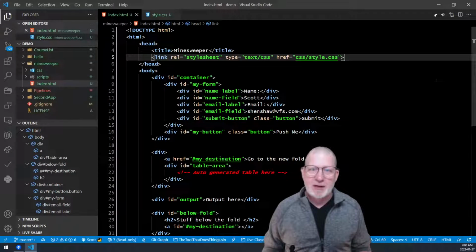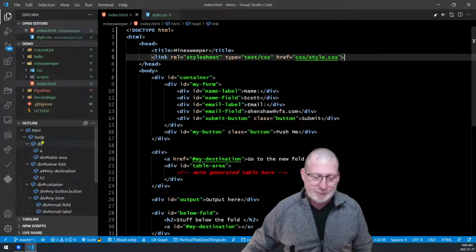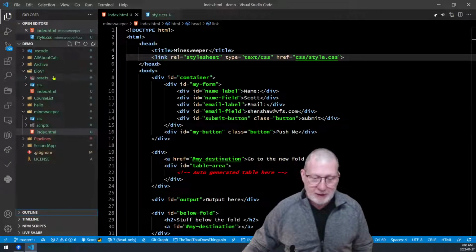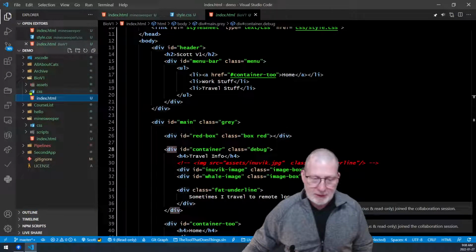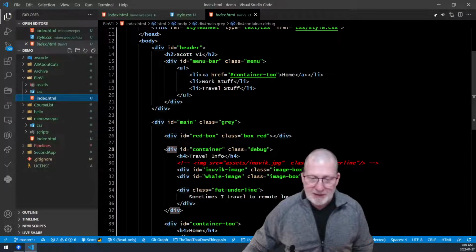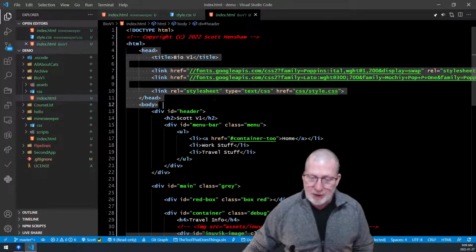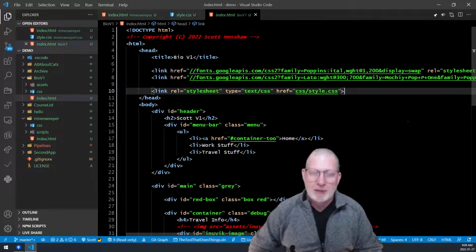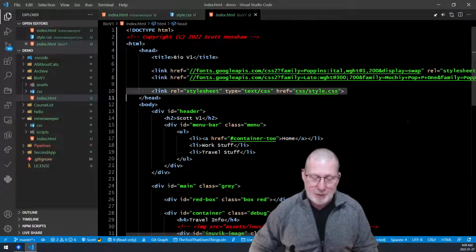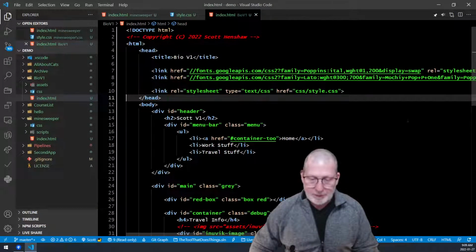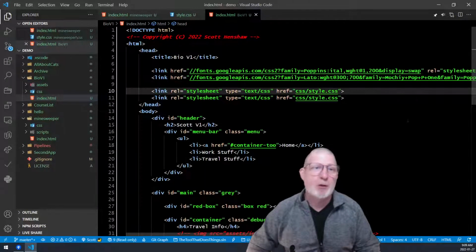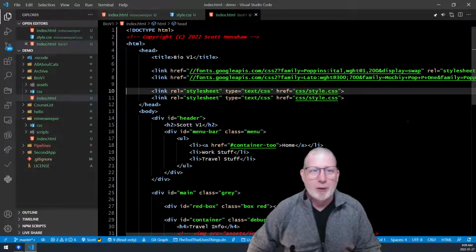The way I'm going to carve this out is the first thing I'm going to do is take a look in my bio, which is this file right here. And I've got my assets, my CSS file, and I've got my head section. And this is where I'm loading my Google fonts. I'm going to take my style sheet and make a copy of it. I've got 2 of them there. Now it's going to load the same style sheet when it does that, which isn't optimal, but it's not going to break anything. And the next thing I'm going to do